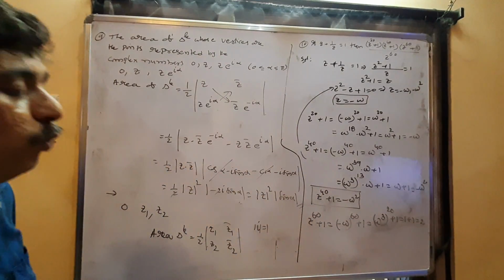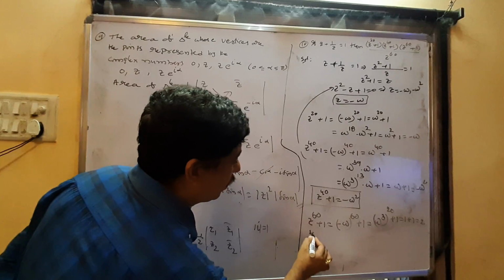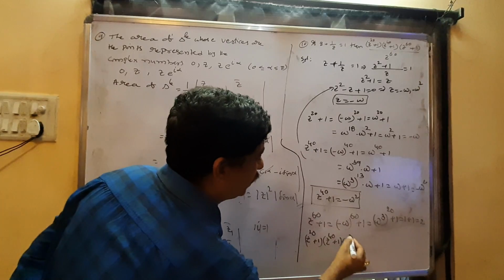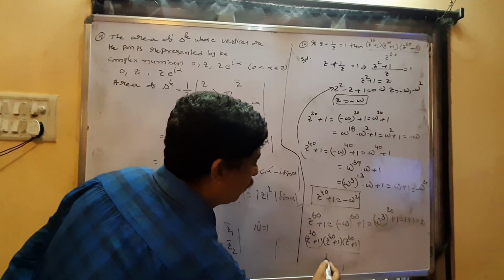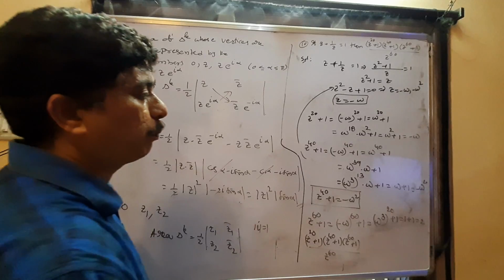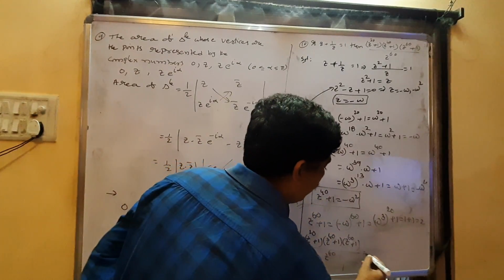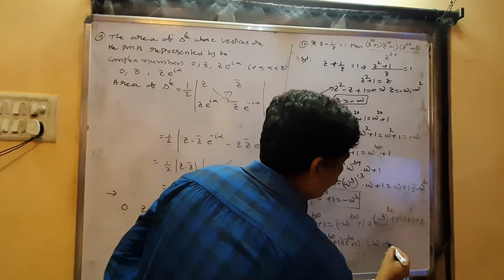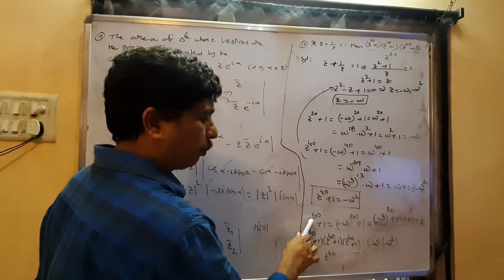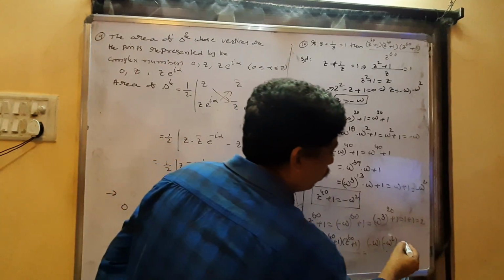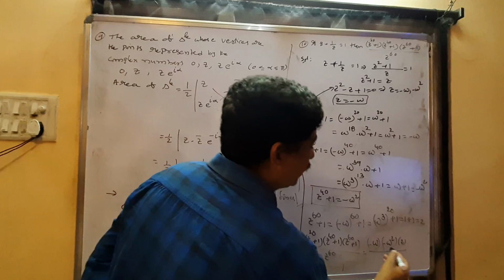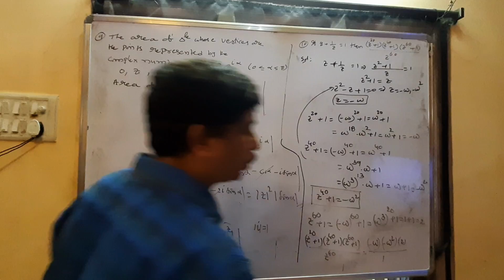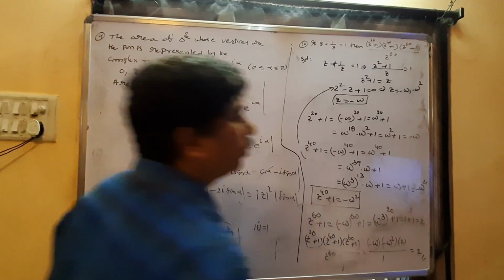So finally we get (z^20 plus 1)(z^40 plus 1)(z^60 plus 1). z^20 plus 1 is minus ω. z^40 plus 1 is minus ω². z^60 plus 1 value is 1 plus 1, 2. Minus into minus is plus. ω into ω² is ω³, and ω³ means 1. 1 into 2 is 2. The answer is 2. Copy that problem.